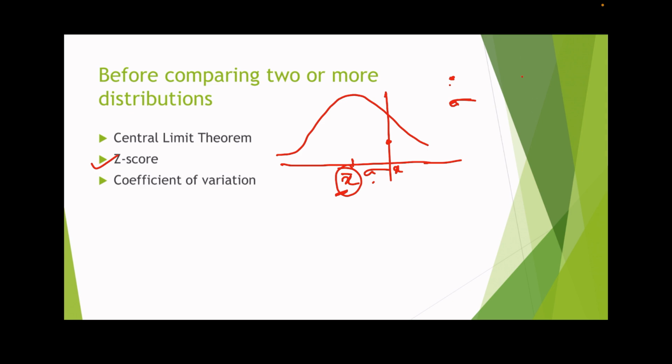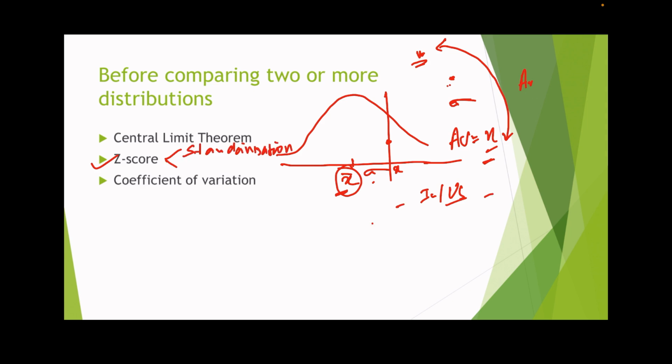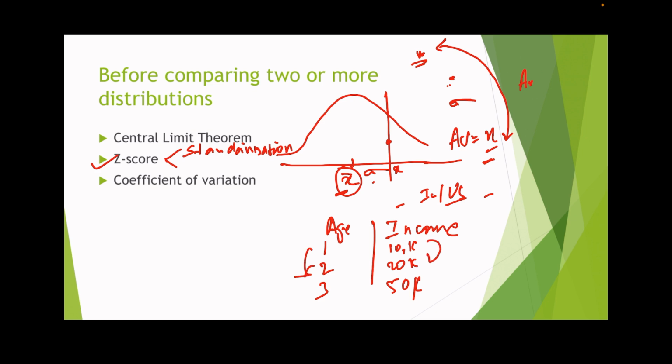So what are the uses of z-score? There are two most important uses of z-score, that is standardization. We would need to standardize the data. In a data set, say suppose one column is of age and one column is for income. Age would be like 1, 2, 3, 4. Income would be 10k, 20k, 50k. In future, when we do machine learning to solve some cases, and if we are using a distance based algorithm, then 1 unit change in age is not equal to 1 unit change in income,